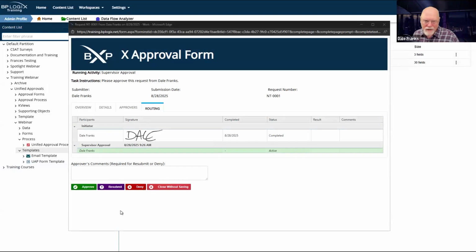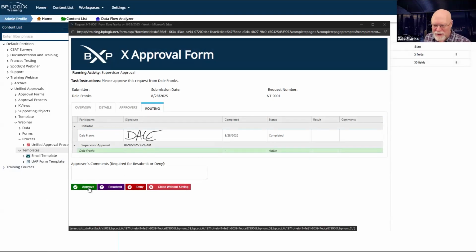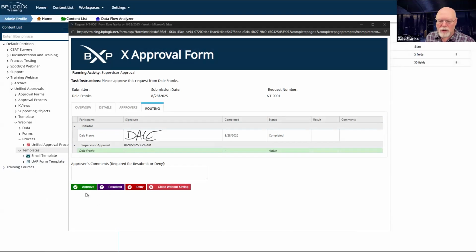Let's go through the process and see if I can approve first. Then we'll worry about resubmissions. Then we'll do denials. So in general, the testing that I'm doing here on this form template is essentially no different than the testing you should be doing when you develop any form. And if you have multiple options like this, you should at least run through and test those options.